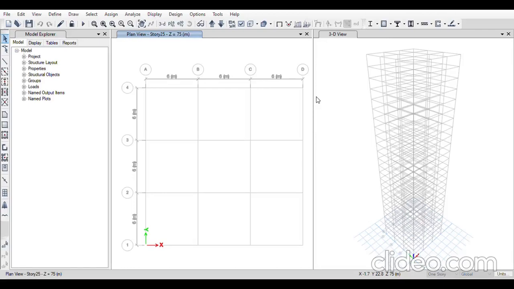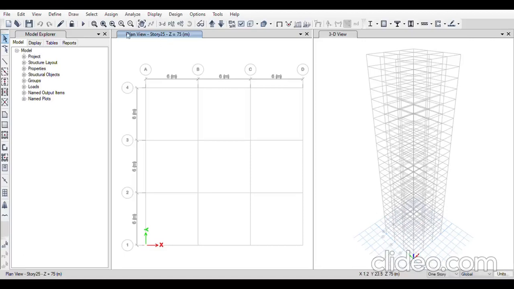Again, I'm taking another one. I'm giving it a name, so that I could identify it easily. Materials is same. 600 by 600. Okay. Now I'll take a new property and make a list of all three columns, which will auto select. I'll change the auto select design to concrete, and I'll take the columns and I'll add it and I'll click OK. So I have defined the frame sections now.